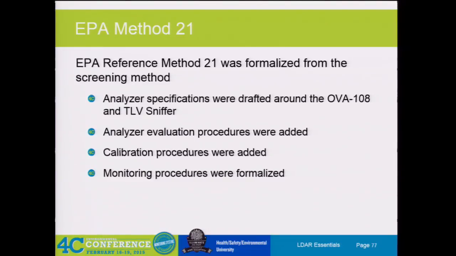we'll get into a little bit of depth on that, but when you start reading Method 21, it says within plus or minus 10%. The main reason is that back then, the OVA was on a log scale. I've actually only seen one, so I don't even know how to calibrate one, but you can only basically see within about 10%. You'd just put a value in and, okay, that's about 10,000, and that's how it was explained to me how you calibrate it. So when you start going through here, yes, it does need to be updated